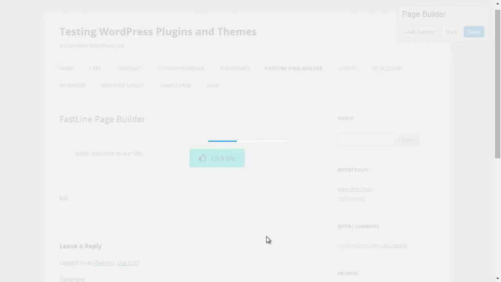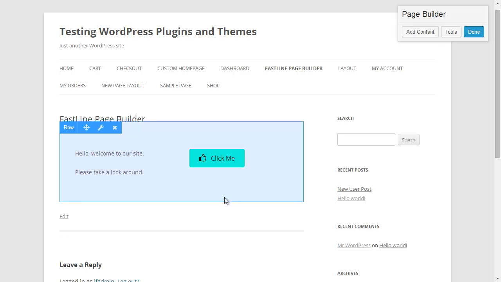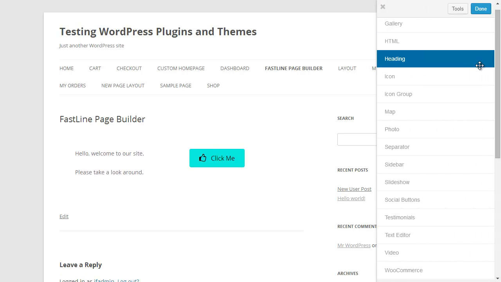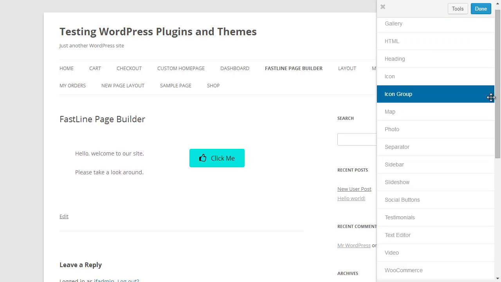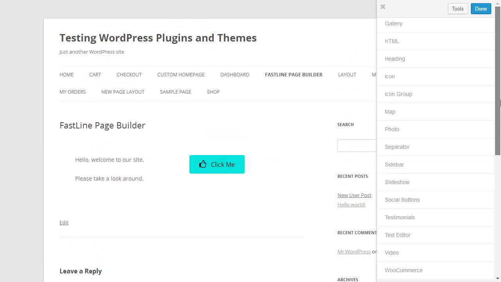So although it is a front-end editor, it's not an inline editor as you get with a plugin like Velocity Page or the Barley inline content editor. There was a slight quirk I noticed with this plugin. So if you click on Add Content to open the menu again, the secondary sidebar scrolling menu isn't displayed. So if you scroll up and down, you can't actually go through the interface. So you can close it and try again, but it